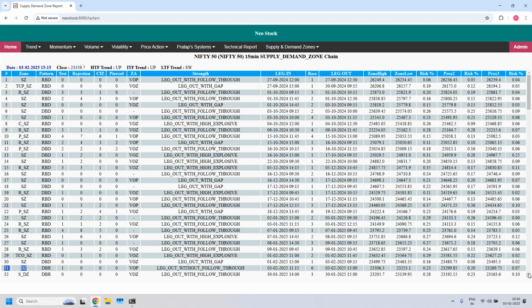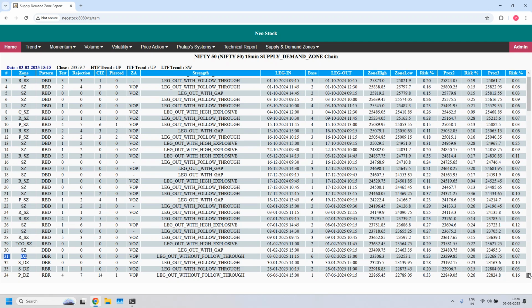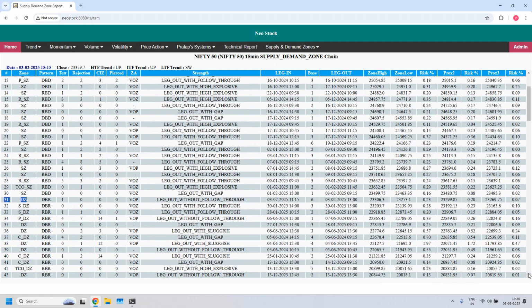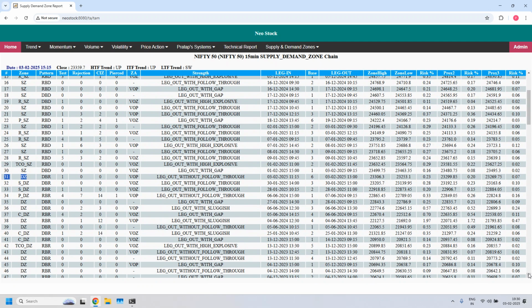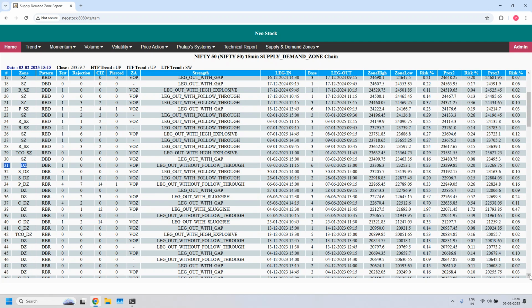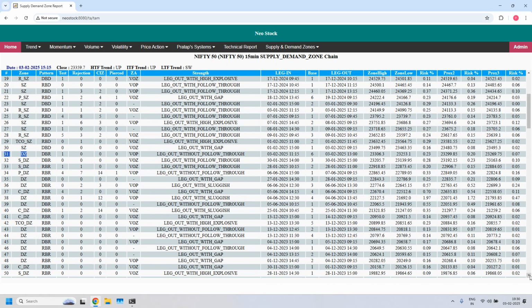Let me put it in the center so that you know equal number of demand and supply zones above and below. Okay. Next,